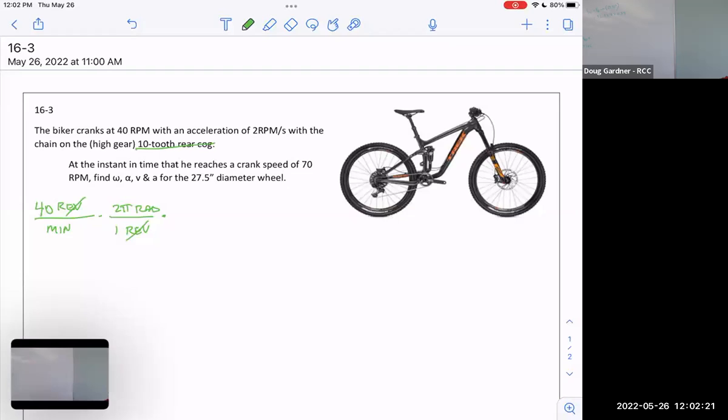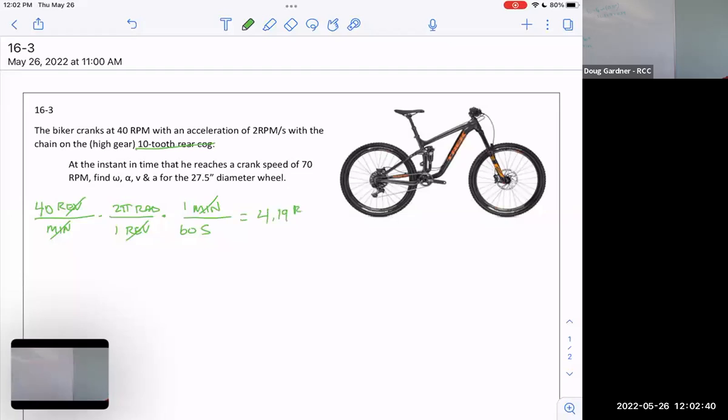The only way I'm going to get that done is if I have minutes on the top, so those will cancel, and seconds on the bottom. And then I think, oh yeah, 60 seconds in 1 minute. So that means if I take my 40 times 2 pi and divide by 60, then my units will be radians per second. Hey, I just found omega. Isn't that kind of cool? So I get